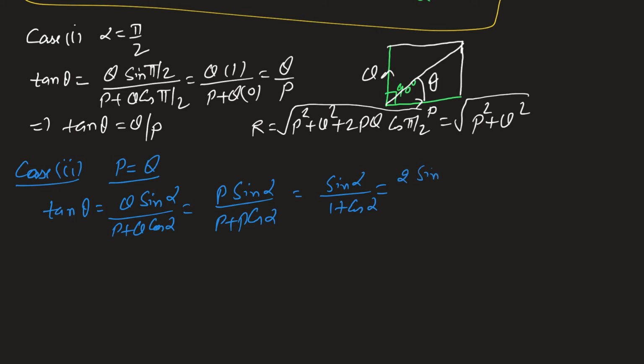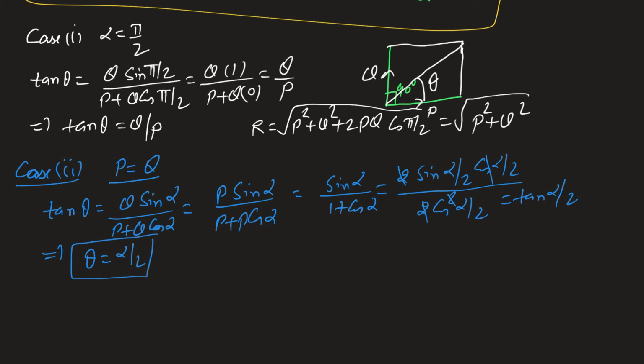So sin alpha is equal to 2 sin alpha by 2 cos alpha by 2, and 1 plus cos alpha is 2 cos square alpha by 2. 2 to 2 will cancel out, alpha by 2 will cancel out. So this will be tan alpha by 2. This implies that theta is equal to alpha by 2. So if both the forces are equal in magnitude, then their resultant will